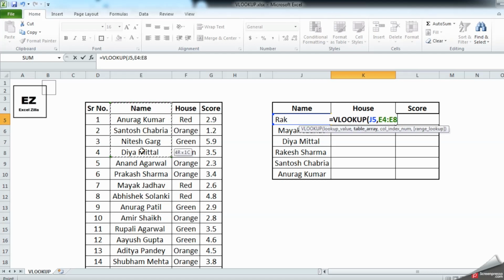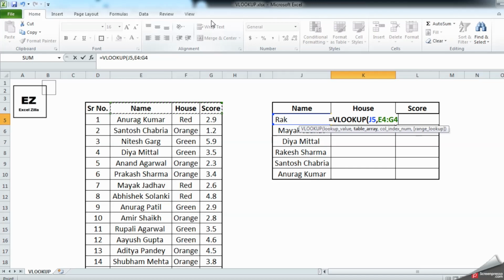Whatever your lookup field is, from that column your table will start, not from this column. This is a very important step. We need to start our table array from this column. Our column here is E, and let's select the entire table using Shift, Control and the bottom arrow.